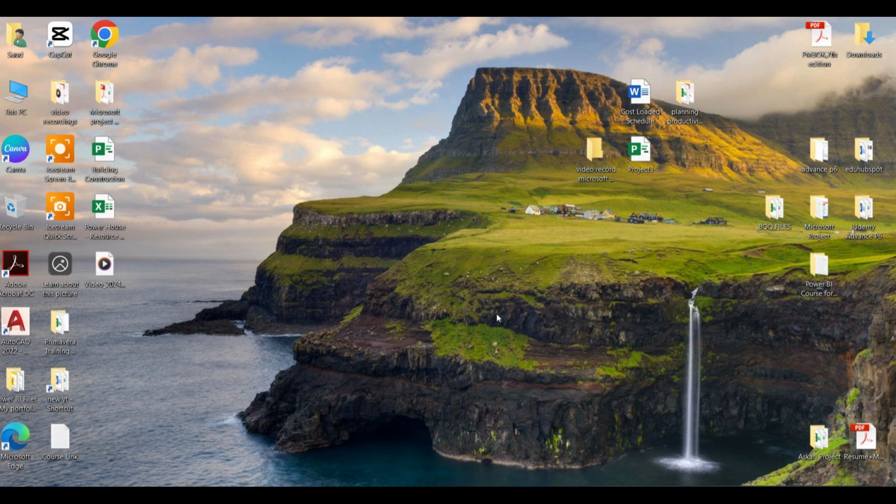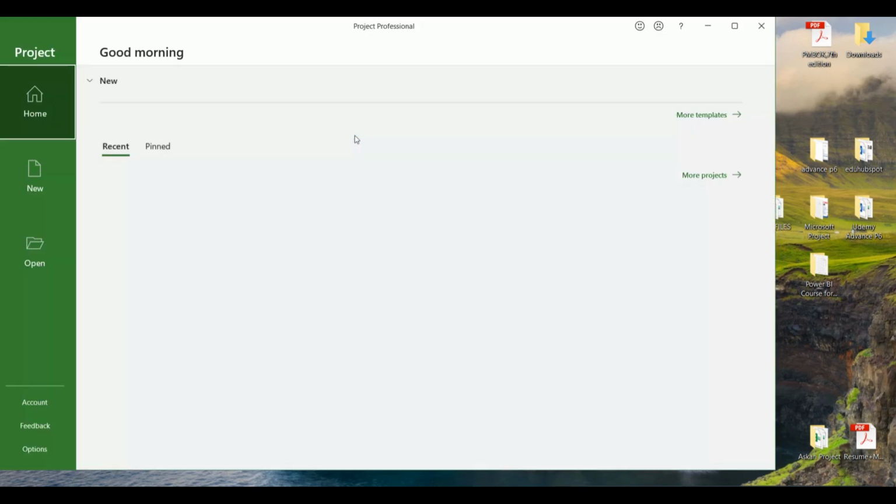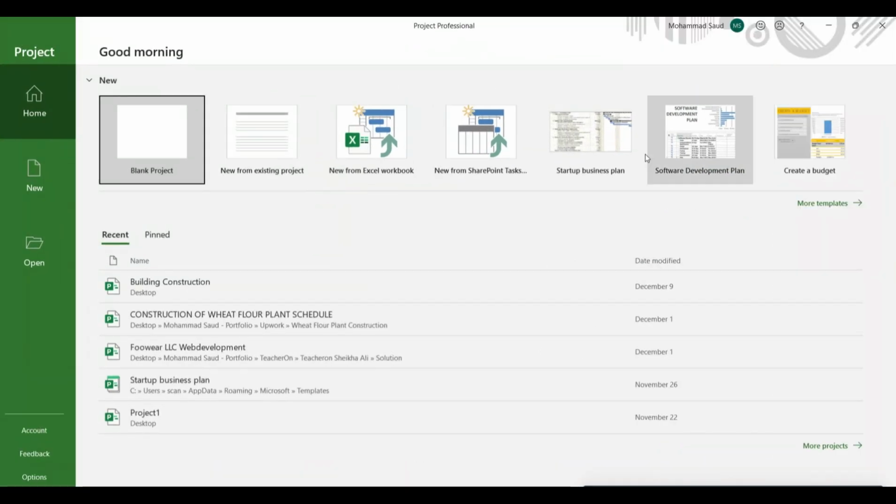of Microsoft Project. So once you have installed Microsoft Project, you can see here I have inserted it as a tab here. So you'll open it, and once you open it, you will find